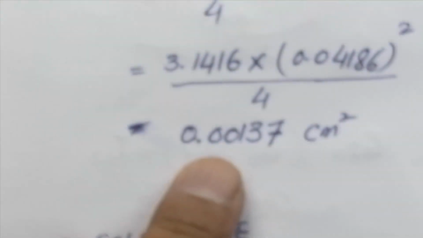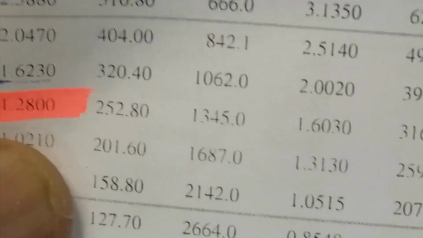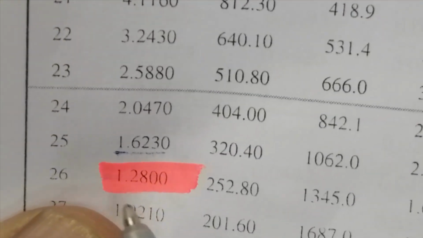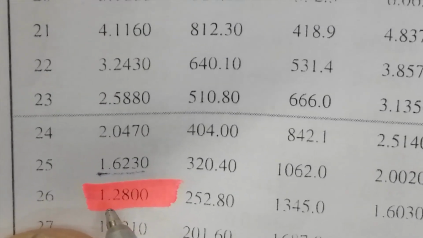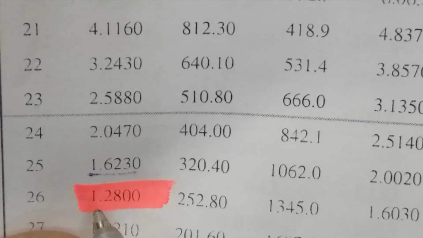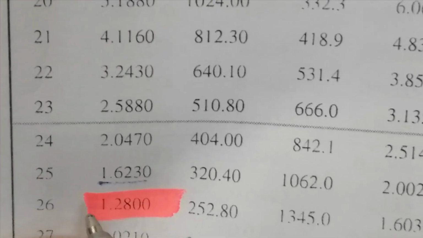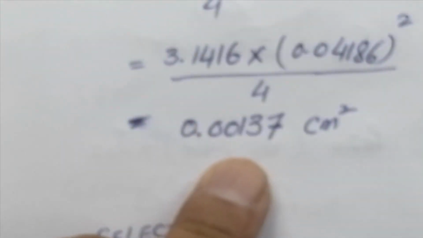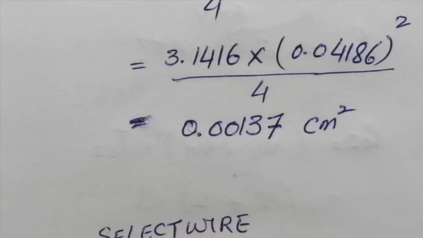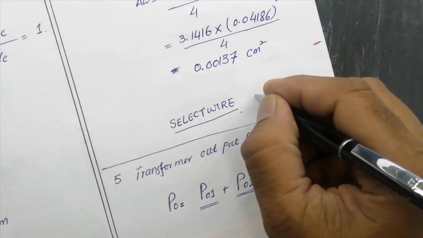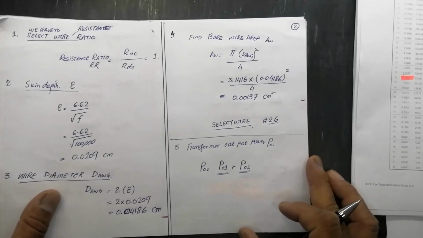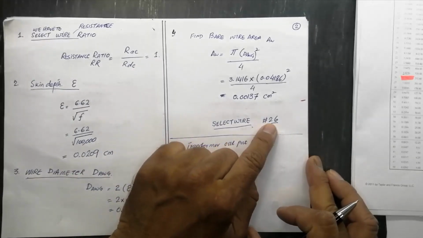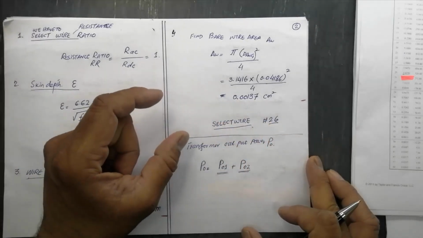We need 0.0137 and we have 0.0128 because it is in millimeter square. When we convert it from centimeter square, we have to divide by 100, so it will become 0.0128. So it is very close. So we have to select wire gauge number 26. We should keep in mind this wire will fit in the window, and if we select a thick size,